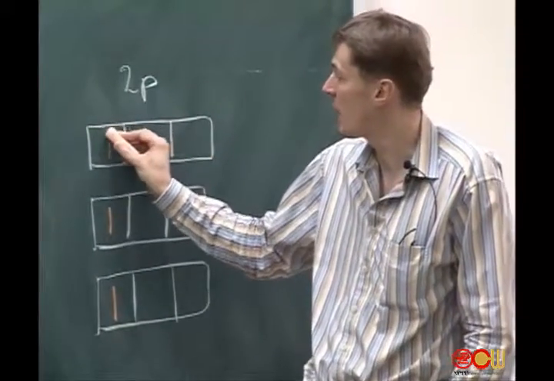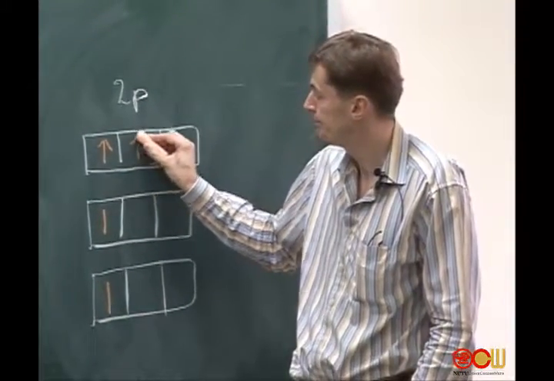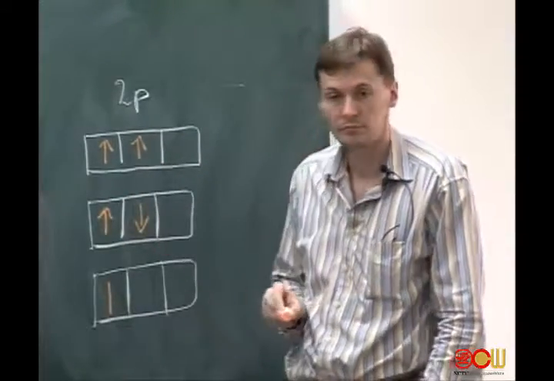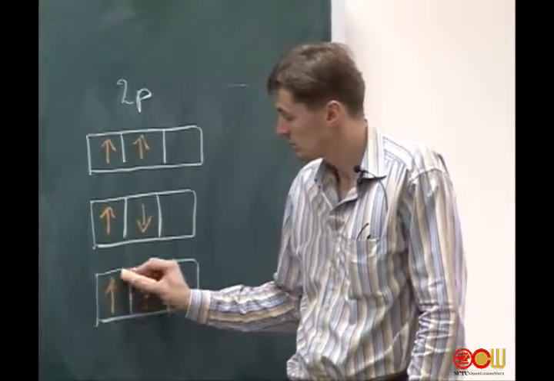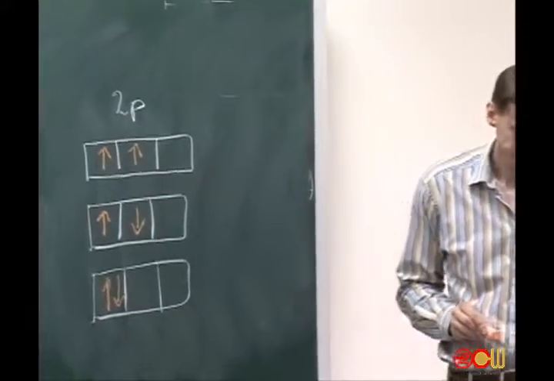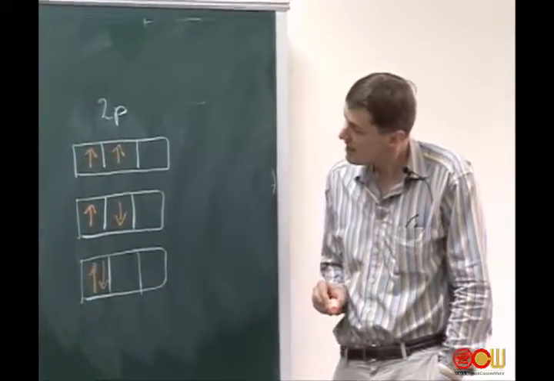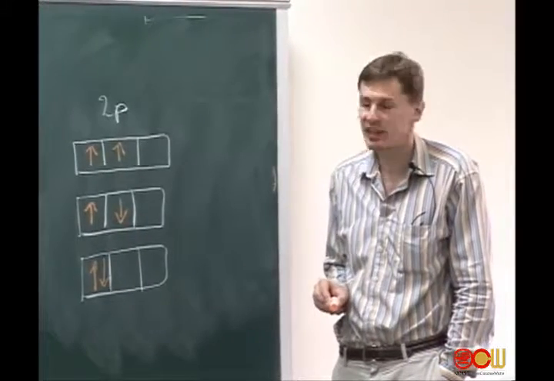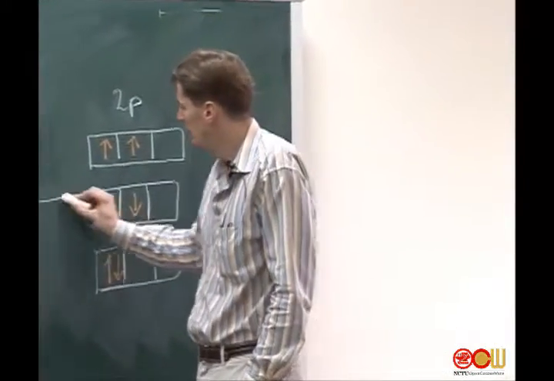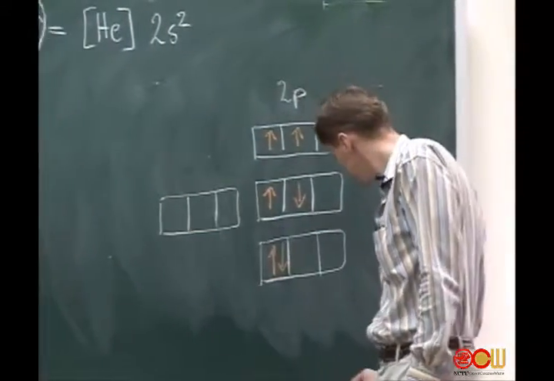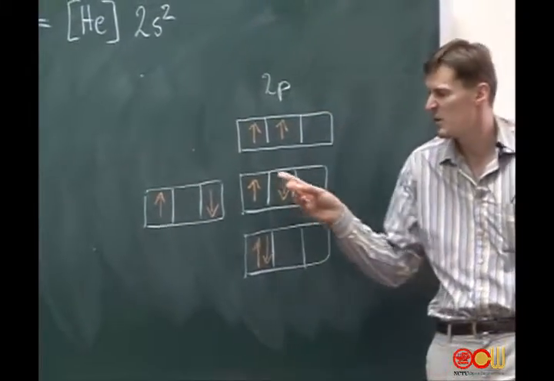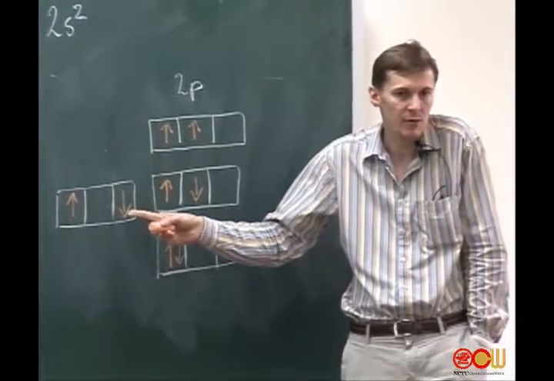the possibilities are to put it like that, to put it like that, and to put it like that. If you look at this, you may feel that this is not the same. Probably if I plot another one here, and I put one here and one here, you can tell me that this is maybe the same, because